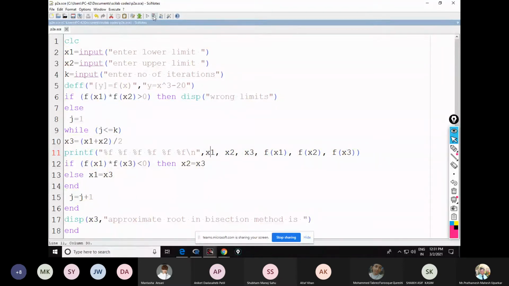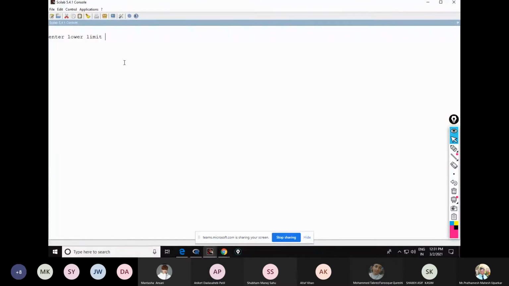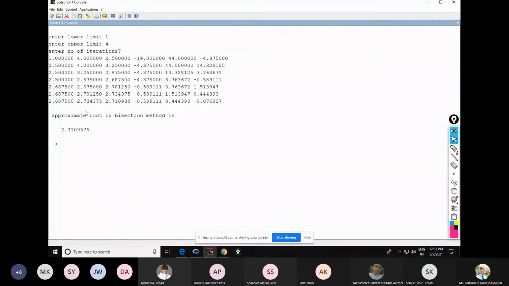अभी let us execute, 7 एग्जीक्यूट किया. See here, enter lower limit, number of iterations 7. You will see, can you see the outcome? अभी यहाँ पे कुछ मुझे समझ में नहीं आ रहा है मैंने क्या प्रिंट किया. Are you getting? I'm not getting what is what. I'm getting just value.